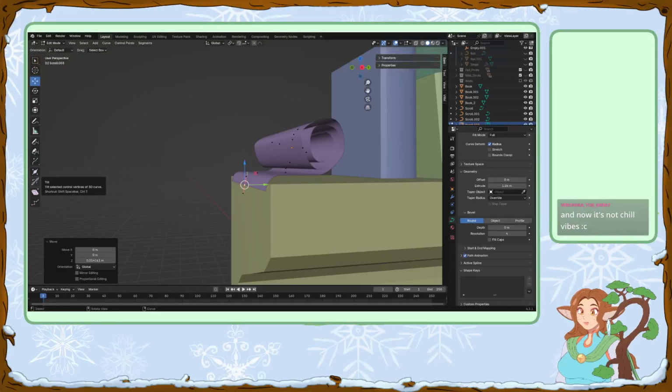Oof. Oof. That sucks. I hope that they weren't banned because of it, or at least...